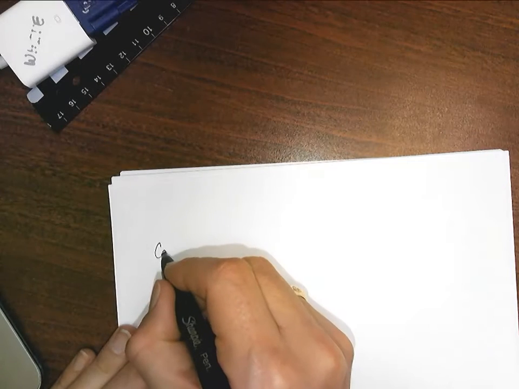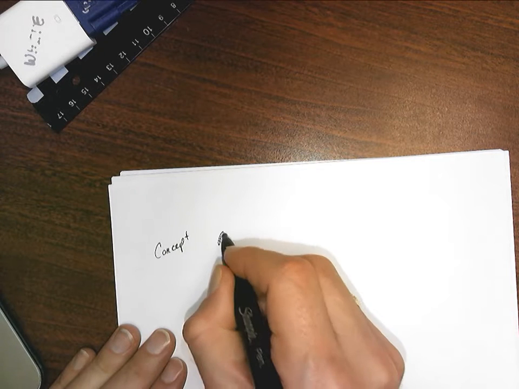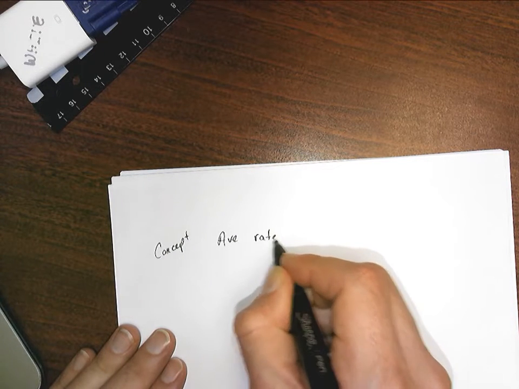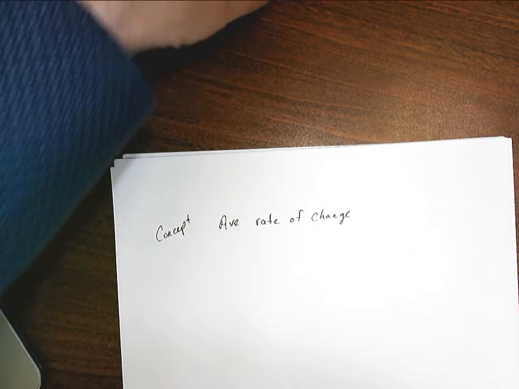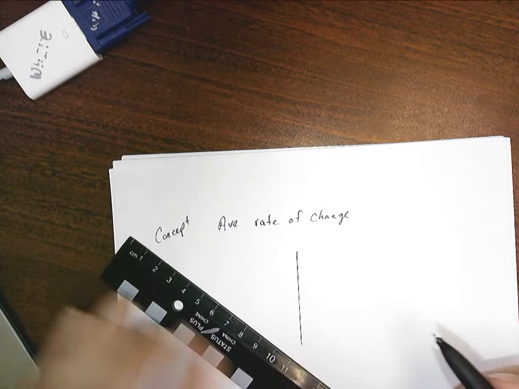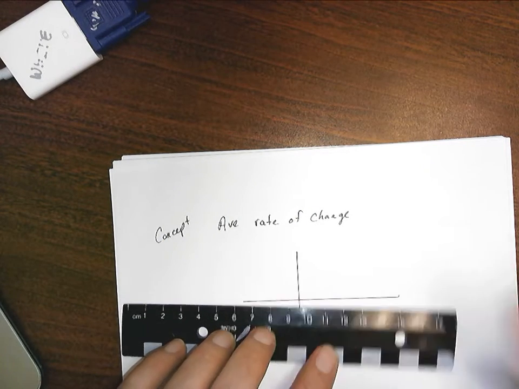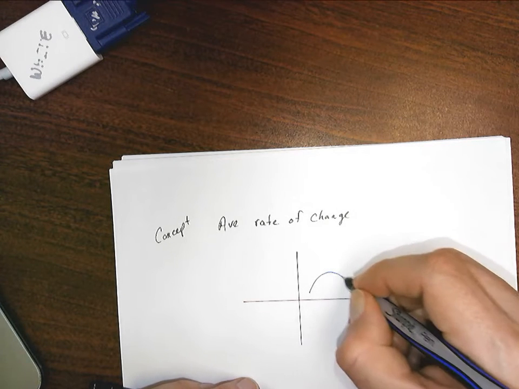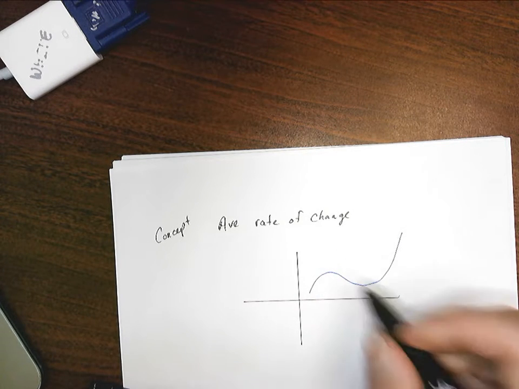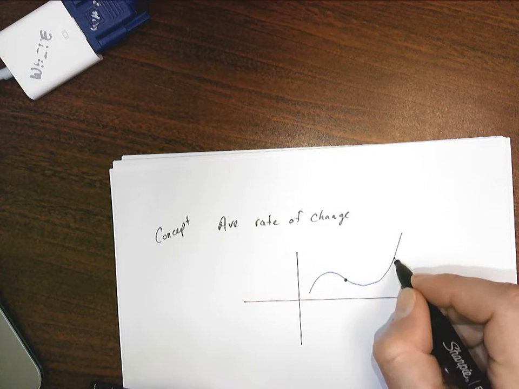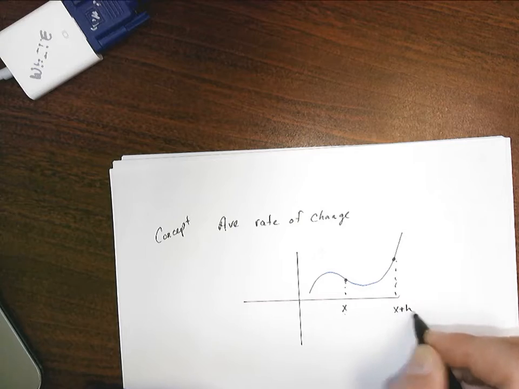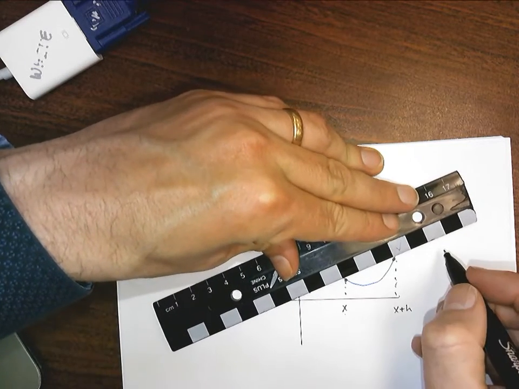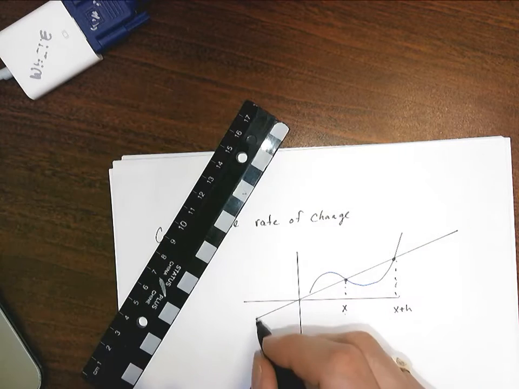Okay, kids, it's concept number 2. If our concept number 1 was average rate of change, which gave us, in terms of a graphical model, a function, and we came up with the secant between x and x plus h, and your secant line ran through there,